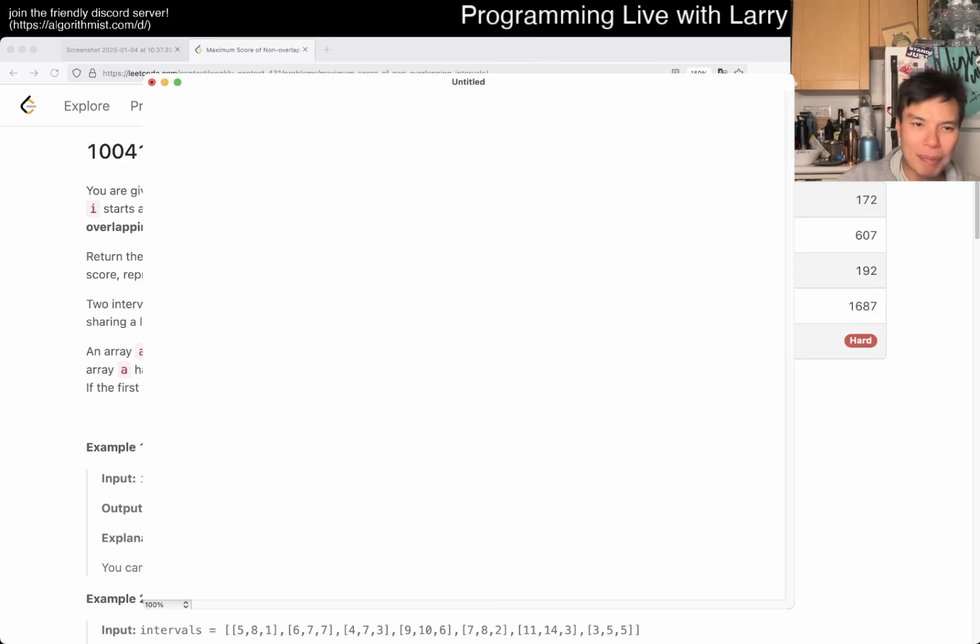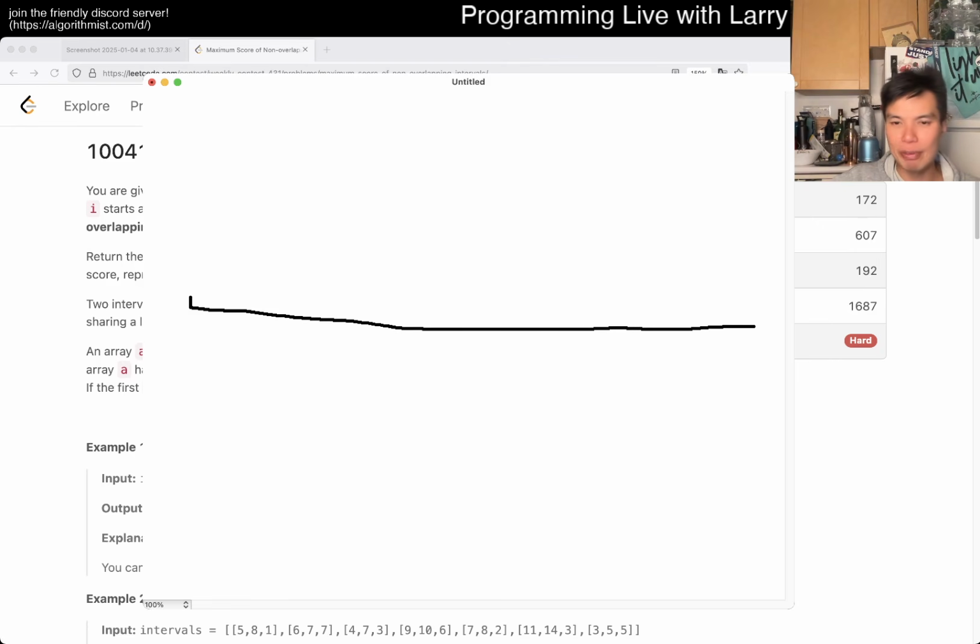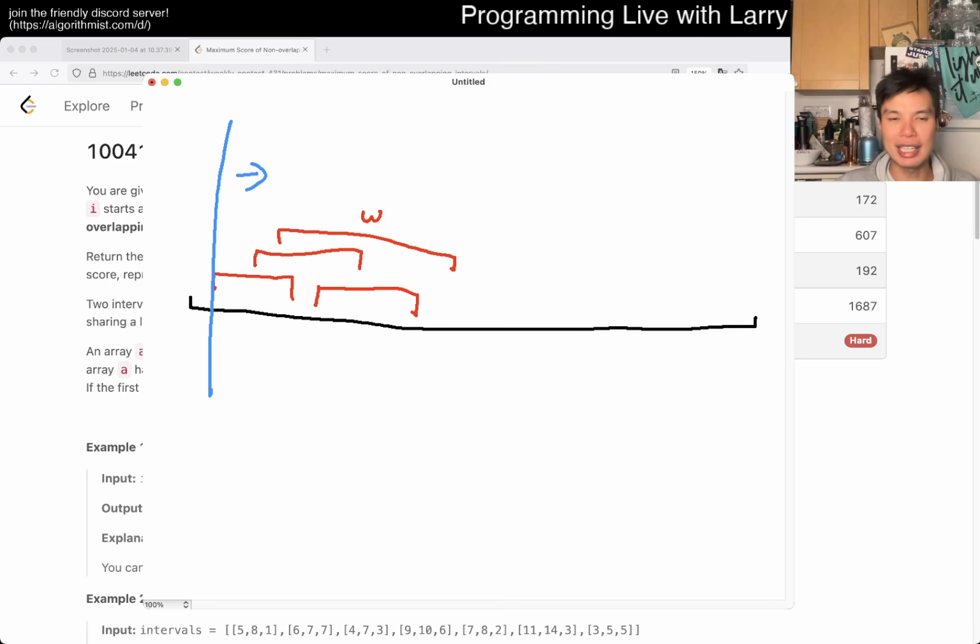So there are a number of ways you can implement it, but the way that you do it with two things is that, okay, so now that's the number line. Let's say you have a number of segments and they could be overlapping. There's some weights and score or whatever, right? And then you're just trying to go from left to right, right? So then the idea here is just that when we go left to right, we just update the best